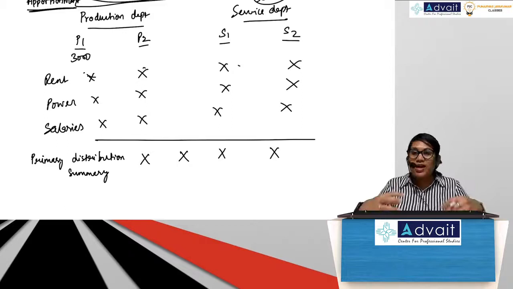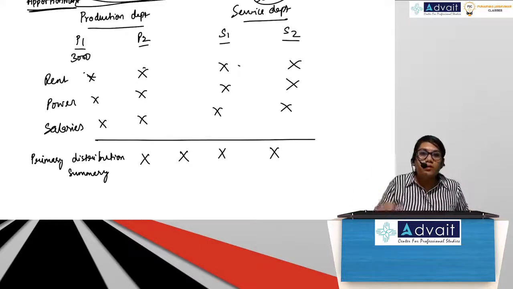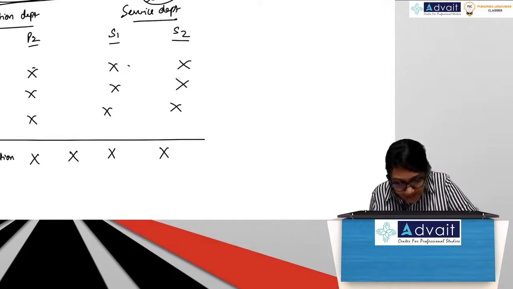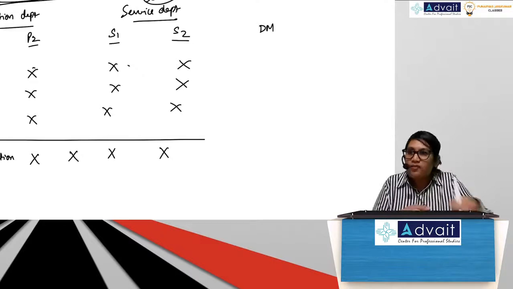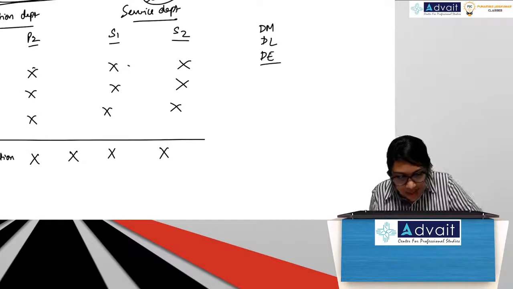Now can you tell me why we are doing this? What is the reason behind doing all this? Step 1, step 2, step 3. Why we are doing this is to figure out the cost of my product. I need to give a quote to the person who's my customer. He has asked me for a quote, correct? Now I know that direct material I can figure out, direct labor I can figure out, direct expenses I can figure out.